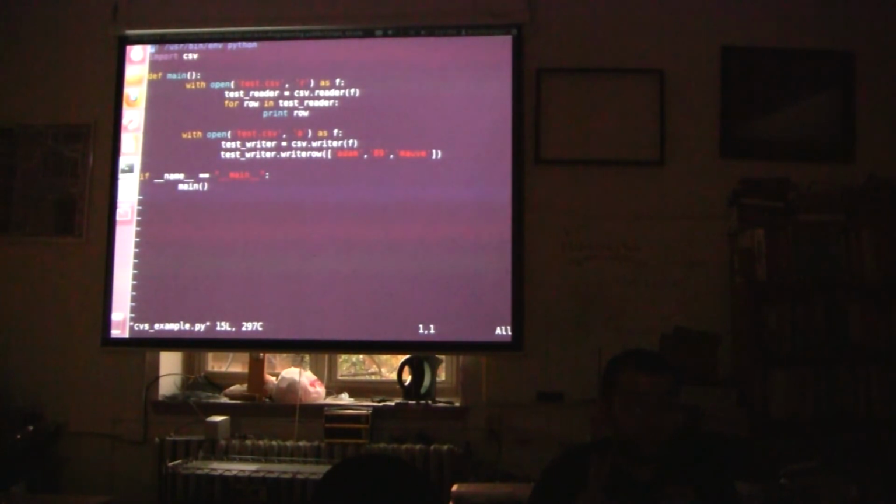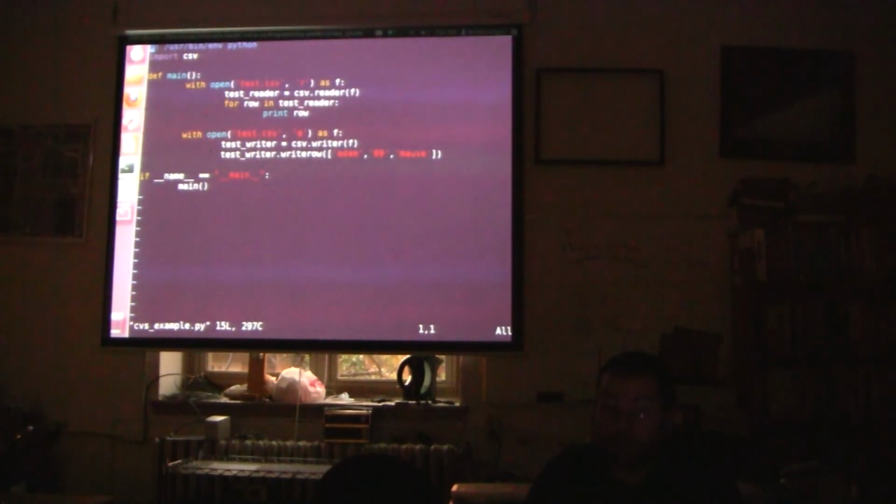Okay, so there's two things going on. Bingo. Yeah, you got it. Does everyone else understand that? That was a good question. Can you say, so the R is the file and the F is the object that it gets called? The test.csv is the file that's on your hard drive. The R tells you what mode you're in when you're looking at it, right? In this case, we're going to be reading it.